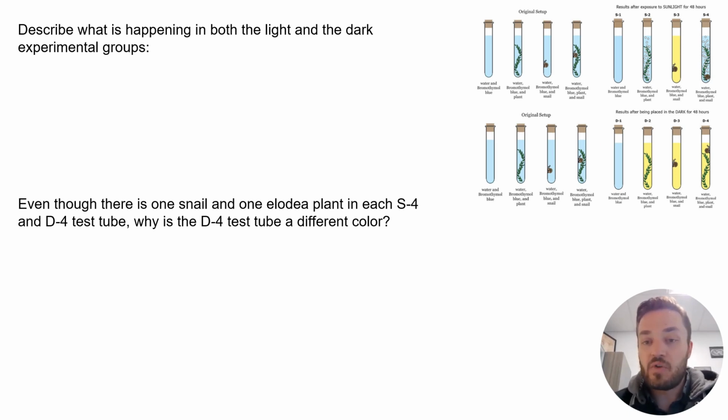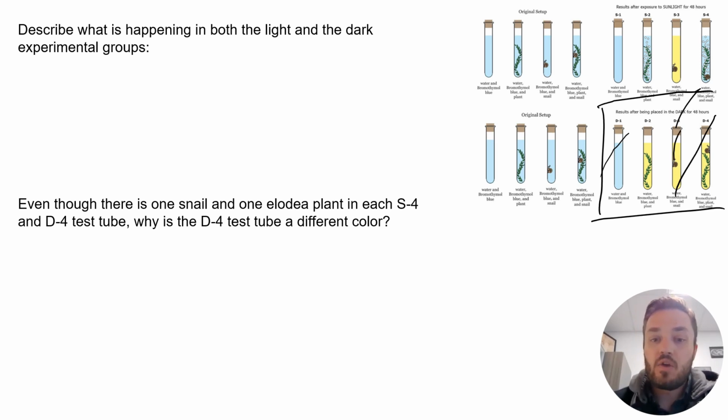In this example, where there's no sunlight, just as a reminder, this one right here has no access to light at all, okay? Notice that all the tubes turned yellow when left in the dark. So if we were to describe what is happening in both the light and dark experimental groups, here's what I notice. I notice that when we look at this top right-hand corner, the one that was exposed to the light,